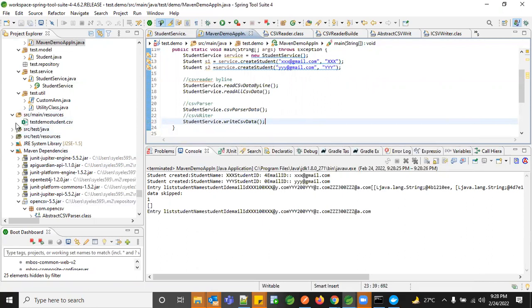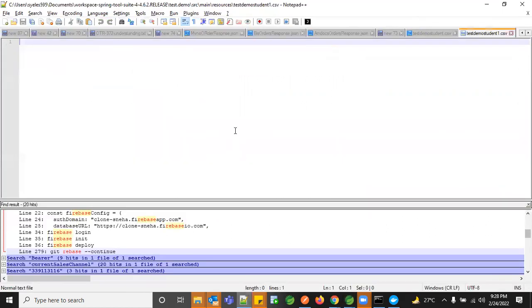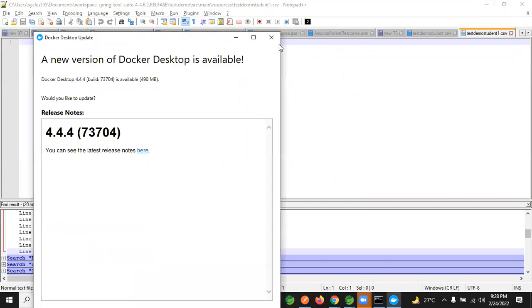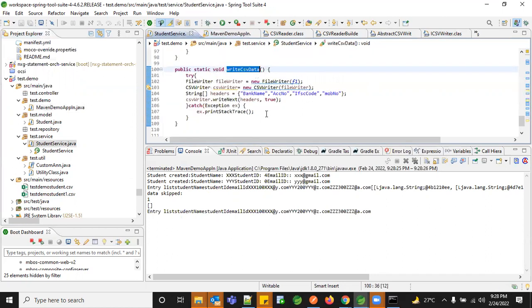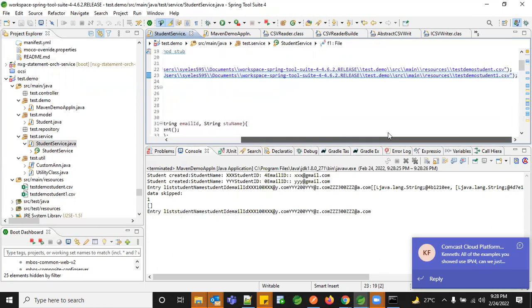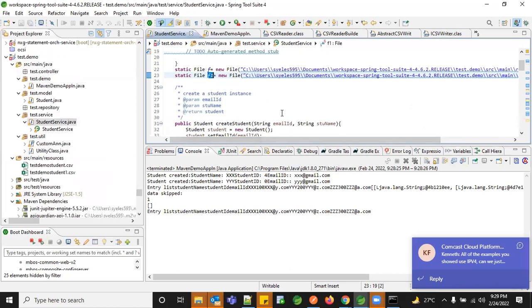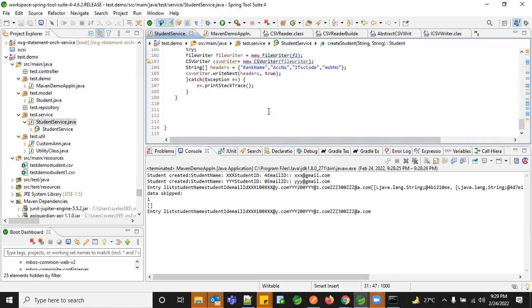Open the file. It got created, but data is not accepted.